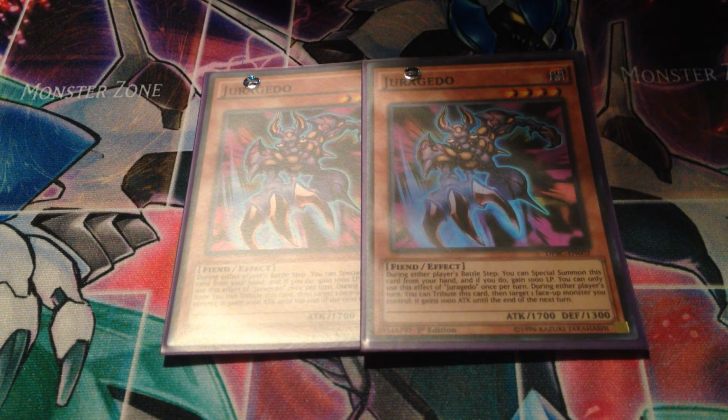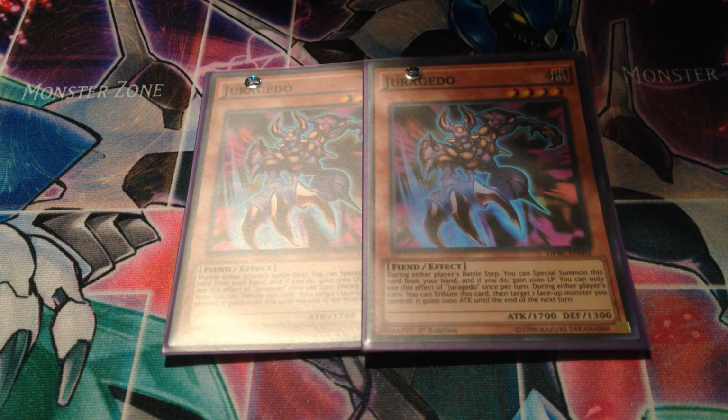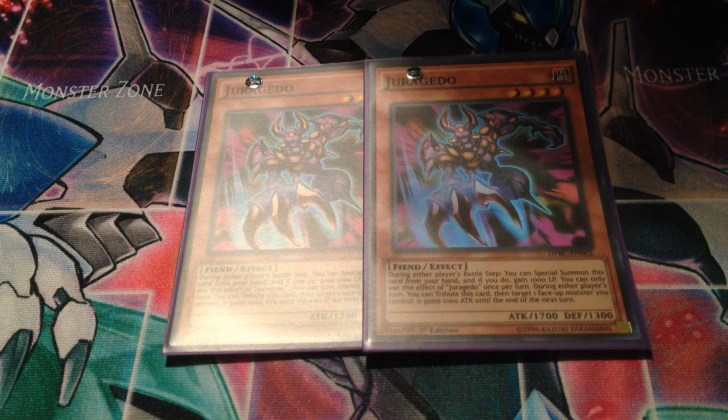This actually gives us more hand traps in the deck, and plus Jurighetto is an amazing card in this deck. What Jurighetto does is that during either player's battle step, you can special it from your hand, and if you do, you get 1,000. You can also sack it to have a monster you control gain attack until the end of the next turn. So it's actually really cool how,